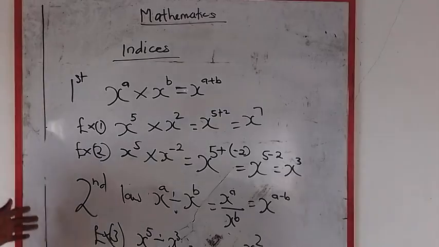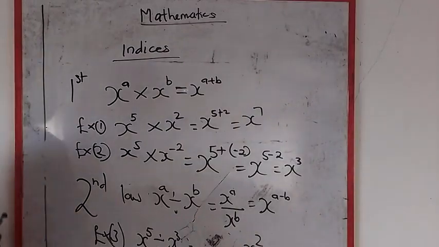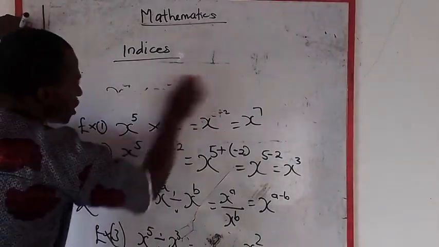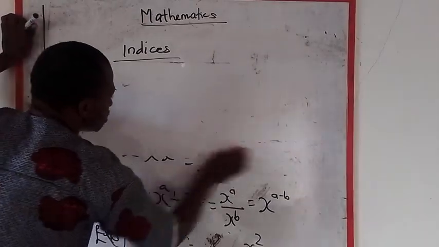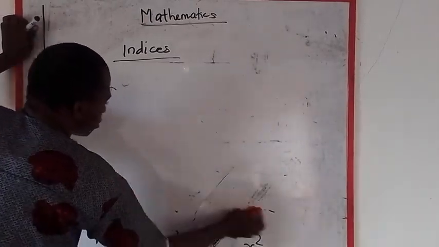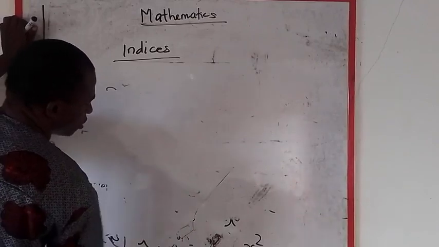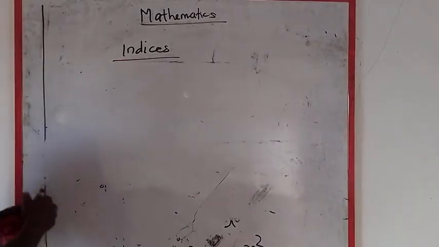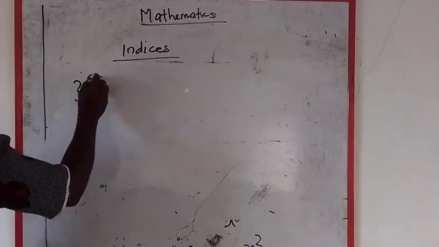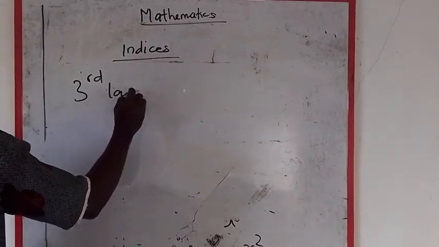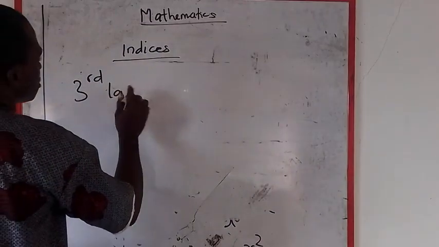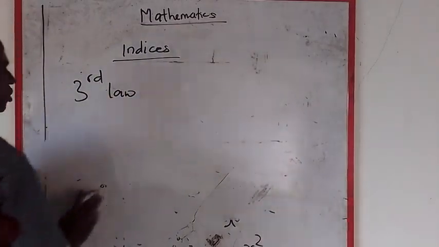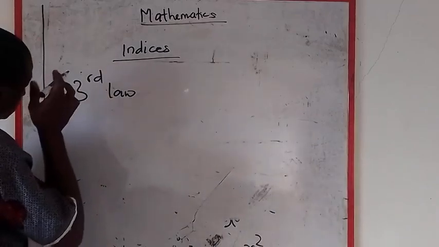We talked about the first law, talked about the second law. Then the third law, I will stop with this for now. The third law is very simple. What the third law is telling us is very, very simple. Third law of indices. What the third law is telling us about is